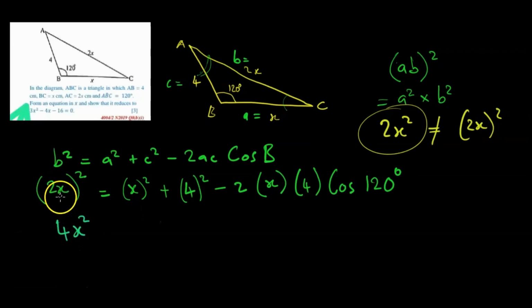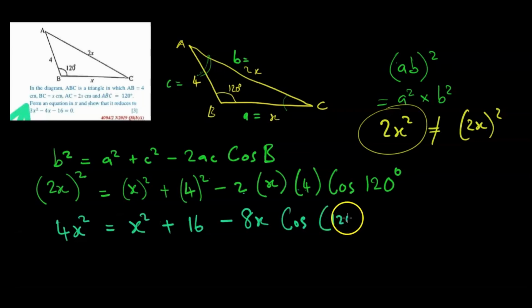The square of 2 ndi 4 and the square of x ndi x squared. This is equal to x squared inongodzoka yakadaro plus then what is 4 squared is 16 from 4 times 4, but that minus. What is 2 times x? That will be 2x. In fact, we can just say, what is 2 times 4? 8. 8 times x, 8x. So it's minus 8x panapa, but it's the cos of what? 120 degrees. Okay? So let us solve right kuno.